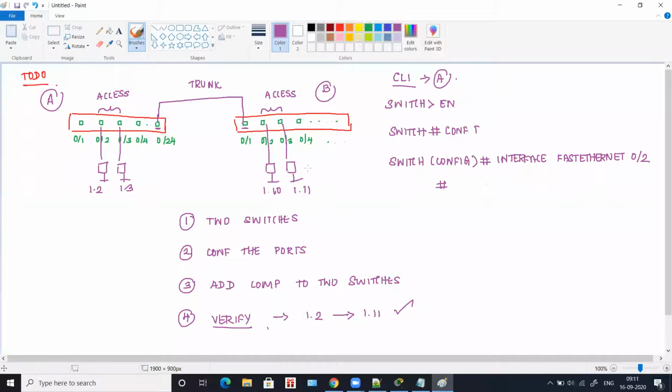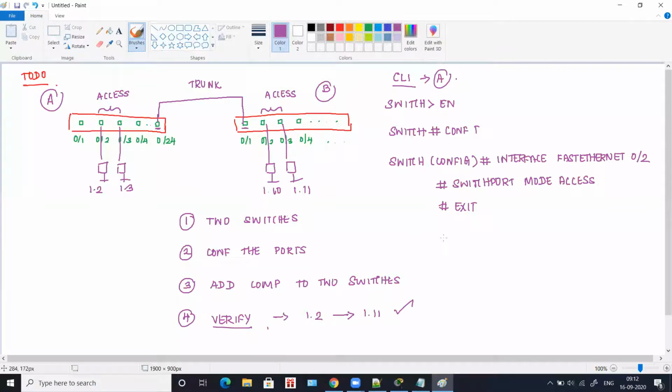So to assign access port, it is going to be switchport mode access. So you're going to make this port access and then you'll give exit. Yes, so now you have made 0/2 as access port.